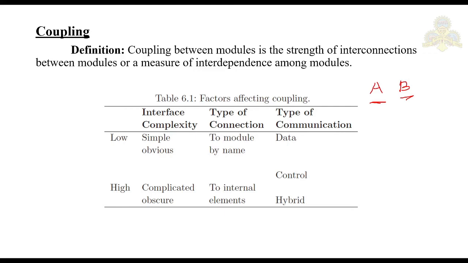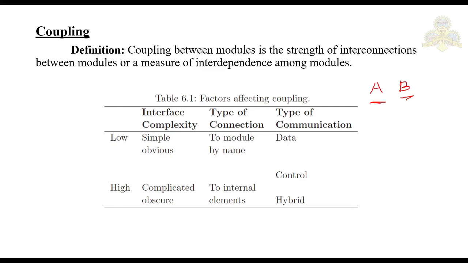For example, if a field of a record is needed by some function or procedure, often the entire record is passed rather than just passing that particular field of the record. Now, by passing the record, we are increasing the coupling unnecessarily. So, we should keep the interface of a module as simple and as small as possible.